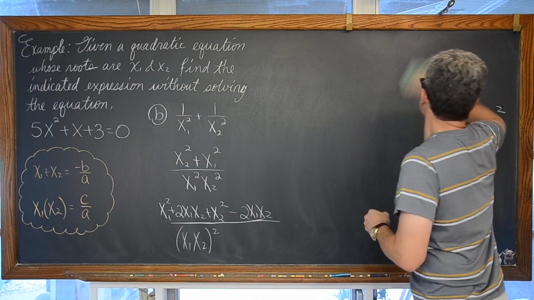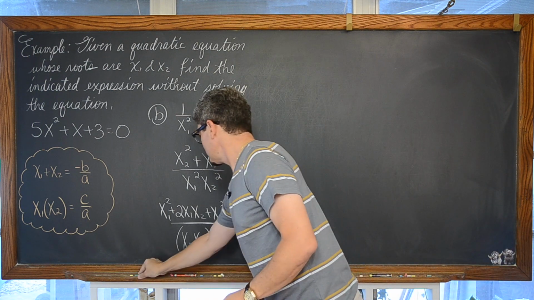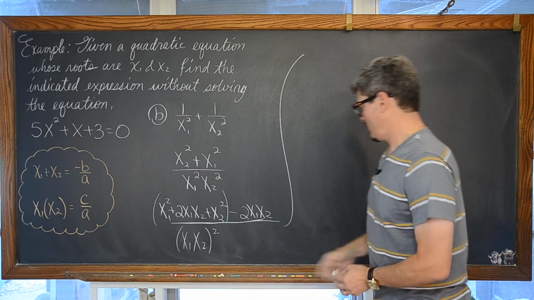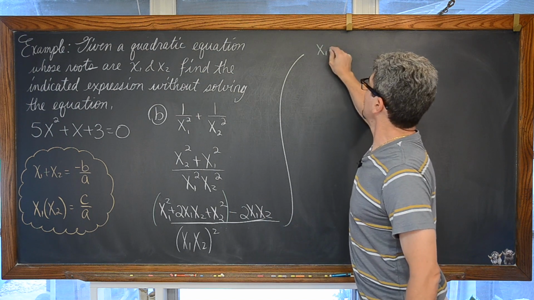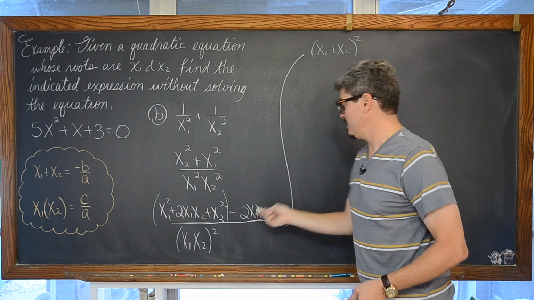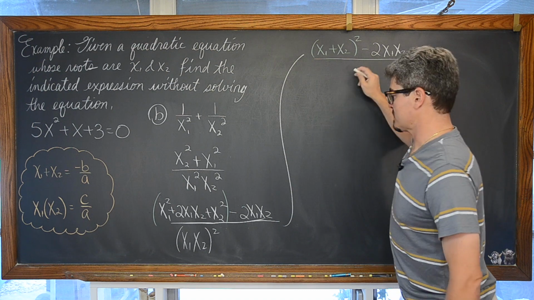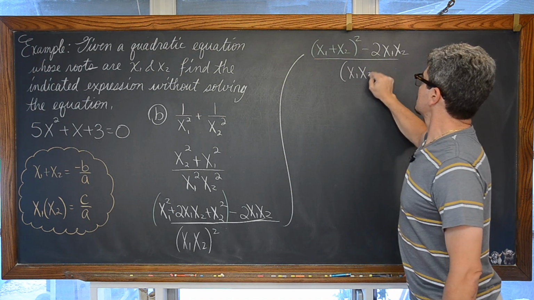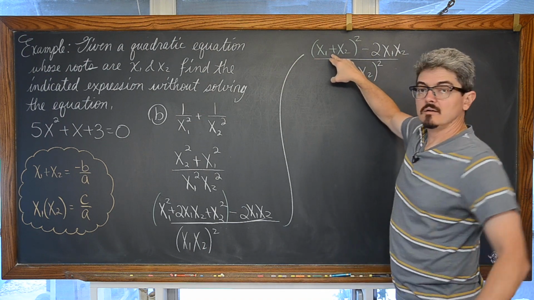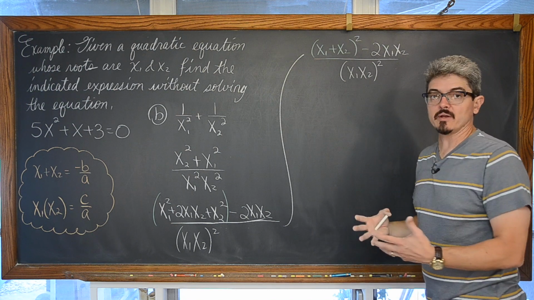Now, through my little bit of work over here, or just your vast algebra knowledge, we see that this is factorable, and it is, well, let's just do it in green, x sub 1 plus x sub 2 squared. Now I have a minus 2 x sub 1, x sub 2, I keep wanting to write x and y, x sub 1 times x sub 2 squared in the denominator. And now I'm at a point where, hey, I have a sum, and I have a product of my roots, and there's no other mess going on.